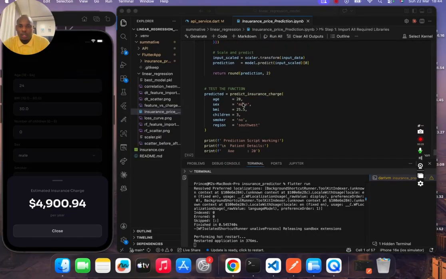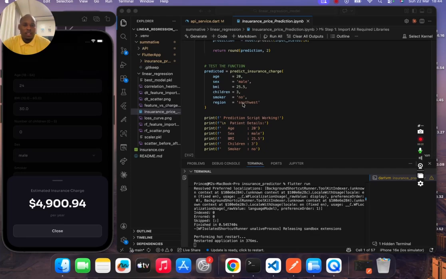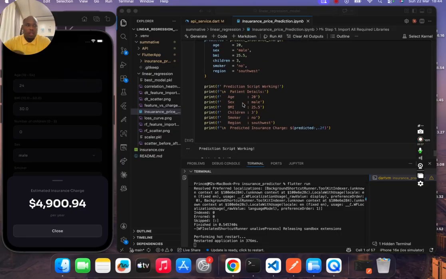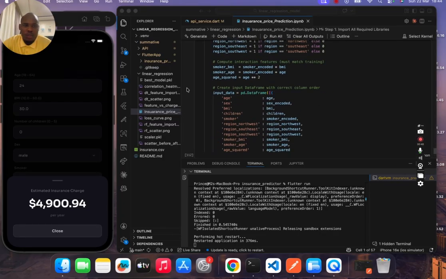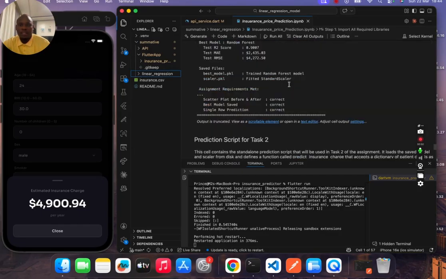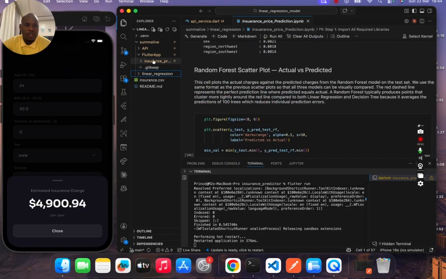I have put the functions. This is the function that I have used in the backend to connect with my API, in order to connect the API and my model, and use that API in the mobile app to make everything work properly, right? So that is for the model. Let me just show you everything that I have done for